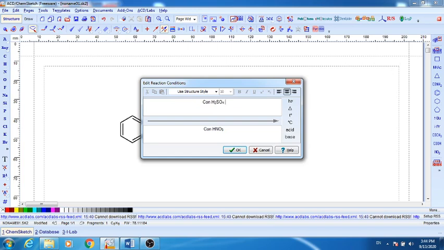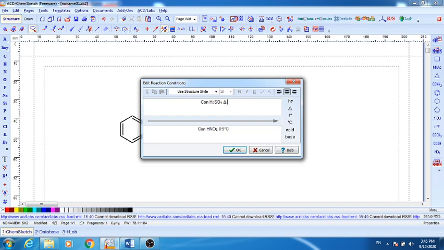Okay. Some more features are also given. See, delta. Sometimes when the temperature is not specific, we normally write the delta. So if I select it, see, delta is printed here. It is not necessary in the nitration, but I am just showing you these different tools. Suppose the temperature is 0 to 5 degrees Celsius, which is for the diazotization. So 0 to 5, and if I click degrees Celsius, then you can add degrees Celsius.